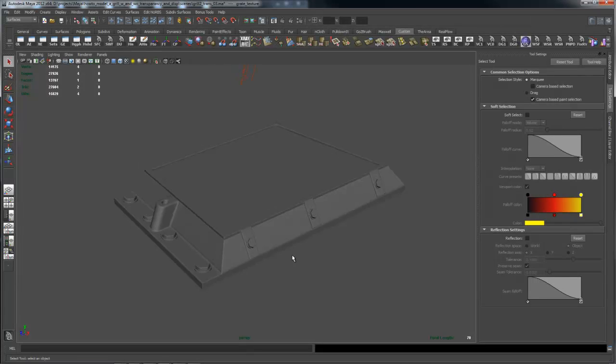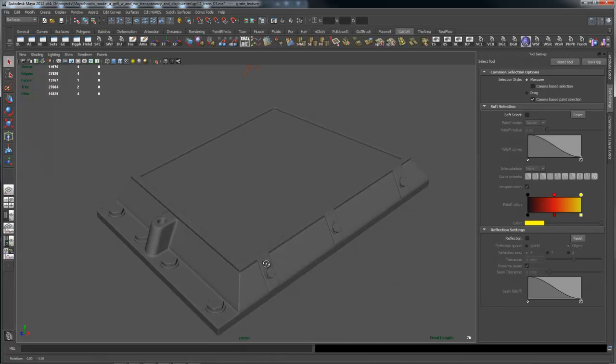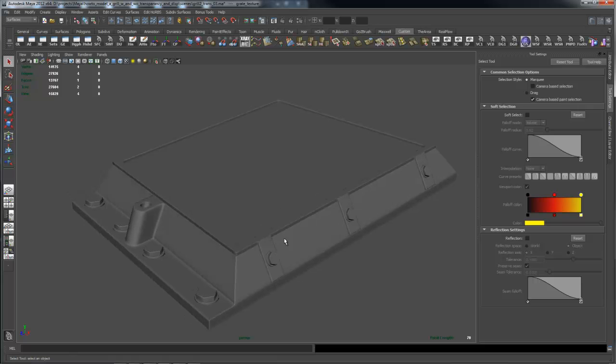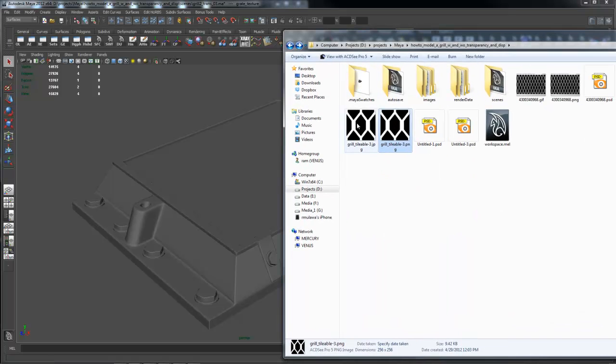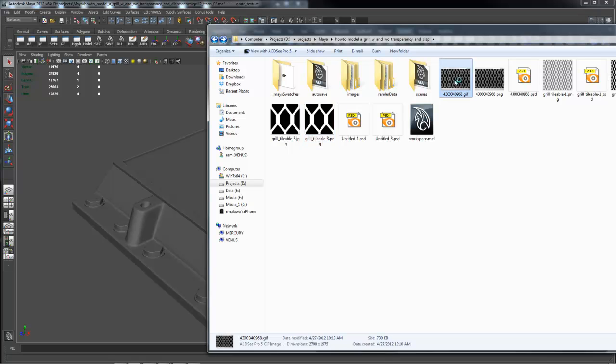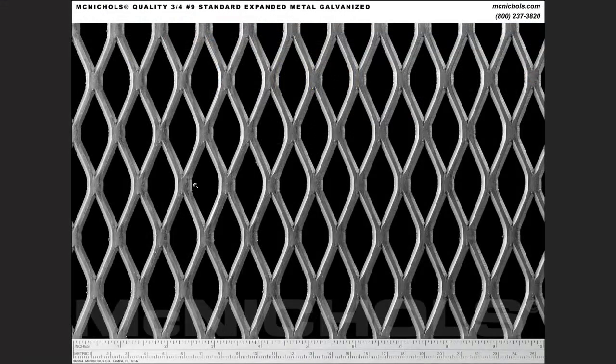This is what I was working on. This is sort of a quick and sloppy model of Craig's grill that he was working on for his tank, and I suggested that for the grill he could use transparency. I've just got a plane here, and to this plane I created this tileable alpha image in Photoshop, and I used these images that I got off the web of this grill to sort of model the pattern after,